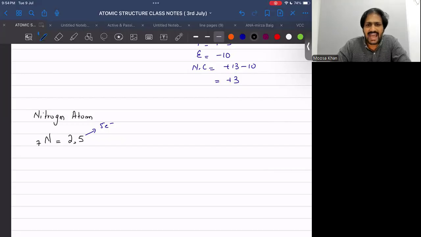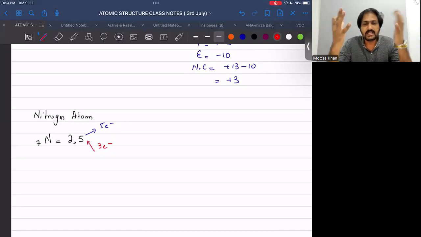Nitrogen atom कहता है I already have 5 electrons in my valence shell. He just needs how many more electrons? 3 more electrons to get stable. तो वो कहता है कि मैं क्यों लूज करूं, मैं थोड़ा सा हार्ड वर्क करके ये 3 इलेक्ट्रॉन गेन कर लेता। अभी जो वर्ड हार्ड वर्क है ना, इसका थोड़ा सा जब हम आगे बढ़ेंगे केमिस्ट्री में तो आपको समझ आएगा कि हार्ड वर्क से क्या मतलब है मेरा। प्रोटॉन्स आर पॉजिटिव, न्यूक्लियस इज पॉजिटिवली चार्ज,